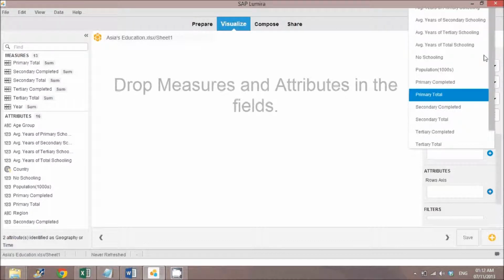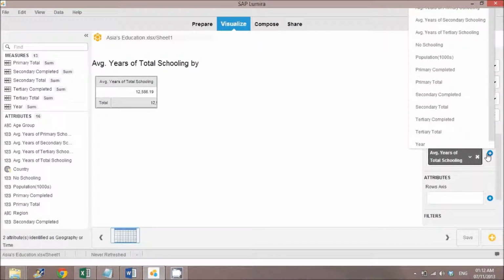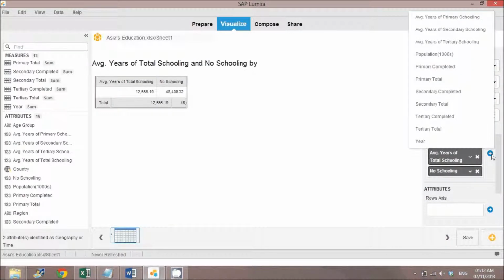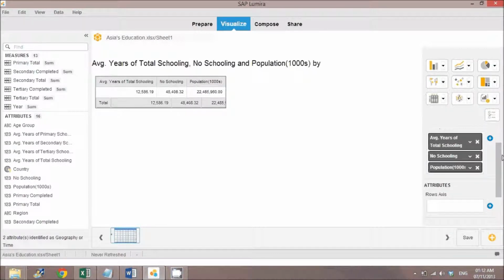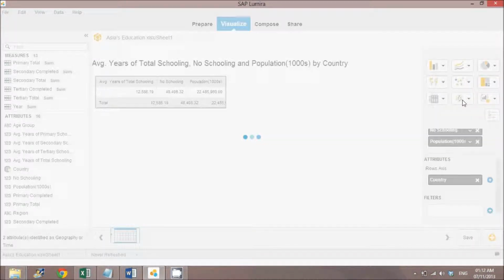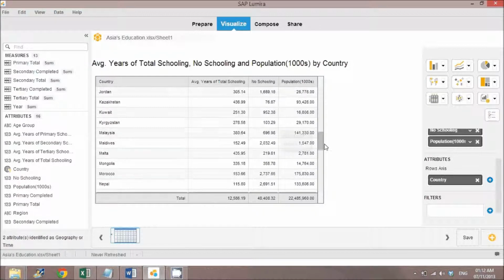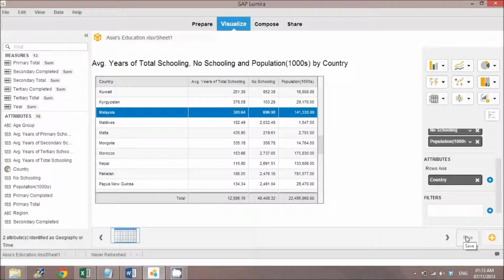So primary values are average years of total schooling, no schooling, and population measured against specific countries. Your tabular chart is now done, which represents all the countries and their respective values. Save the process once it's done.